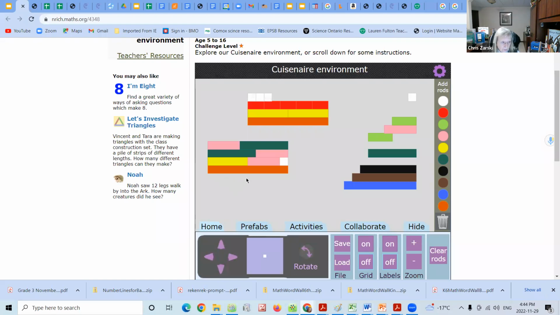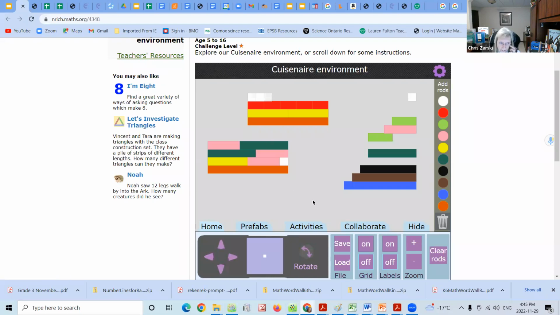Just a couple of other notes to look at. At the top here, there's a section called Teacher Resource. When you click that on, there are already pre-made activities that you can use with your students. If you've never used them before, there's beginner ones. But if you have used them before and you're looking for something specific like a unit fraction, or components of adding 2 numbers together or whatever, the activities are already created, so you don't have to go in and make your own necessarily.